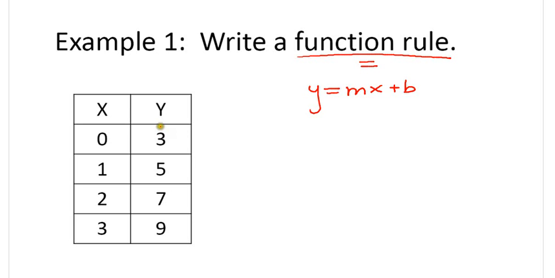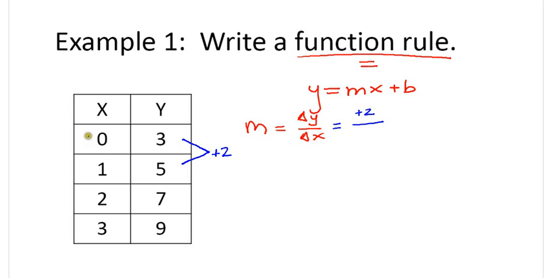If I think about what information I can get from this table, I think to myself, the first thing I want to find is the slope. And so we know that the slope is equal to the change in y, so the change in those y's over the changes in the x's. And then I look over here at this table, and I'm going to switch my color here, and I see that the change, or the difference from this y to get to this y, is a positive 2. So actually what I'm saying is it goes up 2 units. And so the change in y that I see in this first case is a positive 2